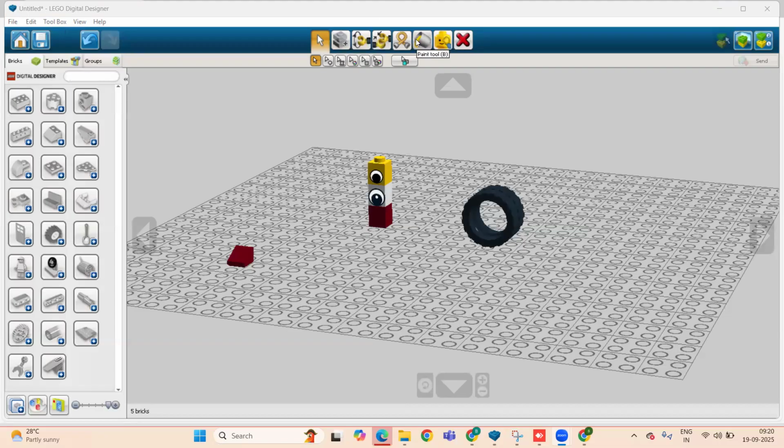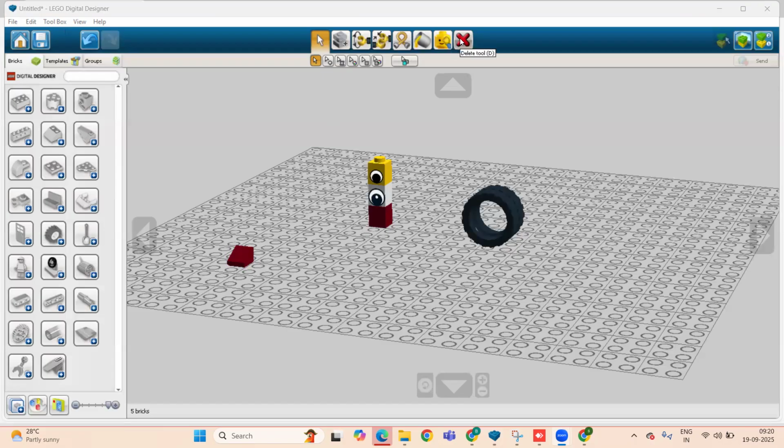Now, the paint tool is for changing the color of any brick. Like this is the brick and I want to change the color, I want this brick in black. I can do that with the help of the paint tool.